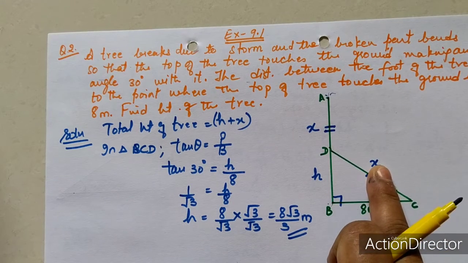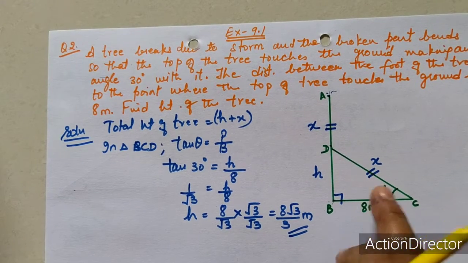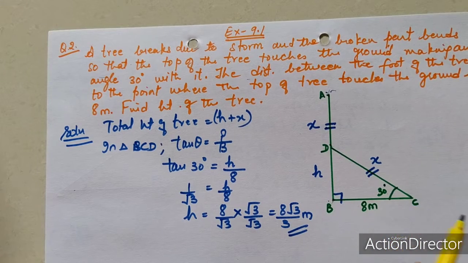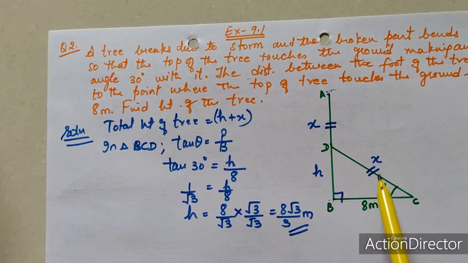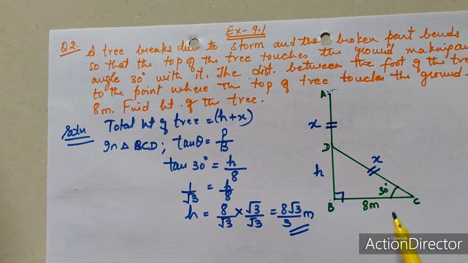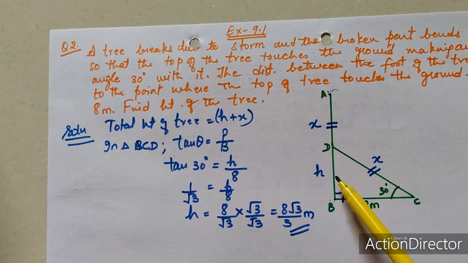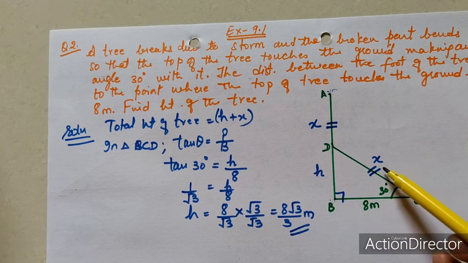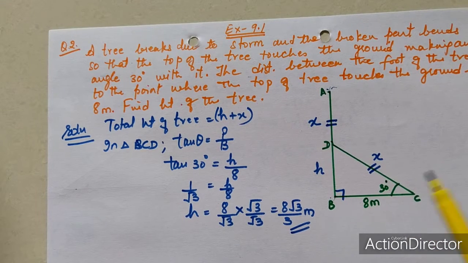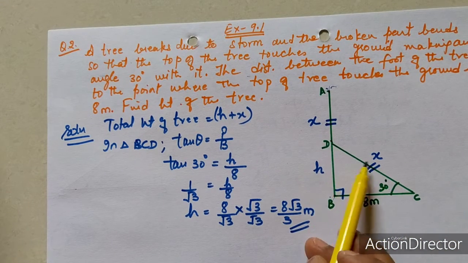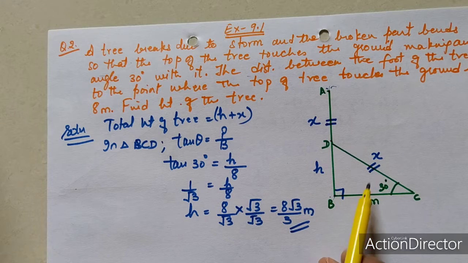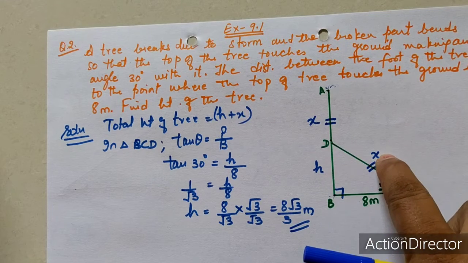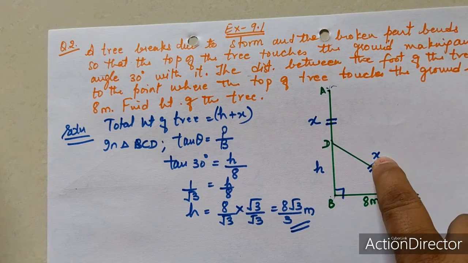Now we need to find out X also. So in the same figure, there are two methods to find the third side: either Pythagoras theorem or we apply a trigonometrical ratio. If you want to take the ratio of perpendicular upon hypotenuse, that means sine theta. If you want to take base upon hypotenuse, cos theta. If you want to take these two, you have to take sine theta. If you want to take these two, you have to take cos theta, because this is perpendicular upon hypotenuse and here it is base upon hypotenuse.